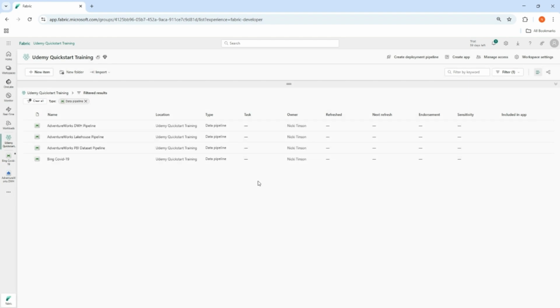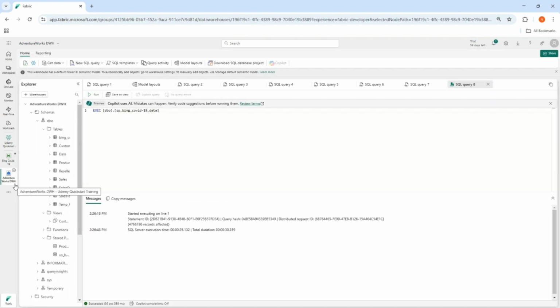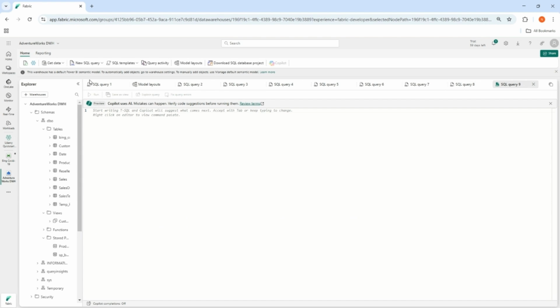We're now going to look at how you can query the lakehouse or warehouse in SQL. So let's go back to the AdventureWorks data warehouse and we will click on new SQL query. And you can reference a lakehouse or warehouse table in this workload by referencing this three-part naming convention. It's the warehouse or the lakehouse name, dot the schema name, dot the table name. For example,